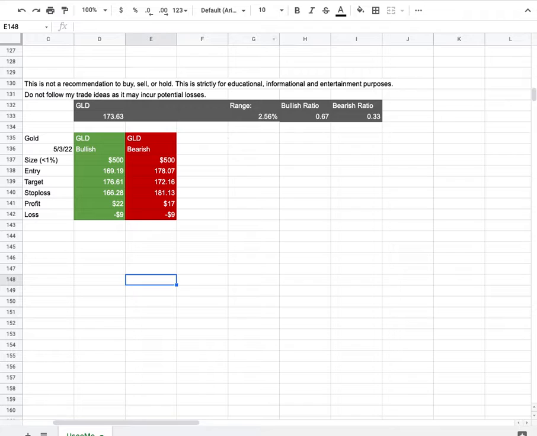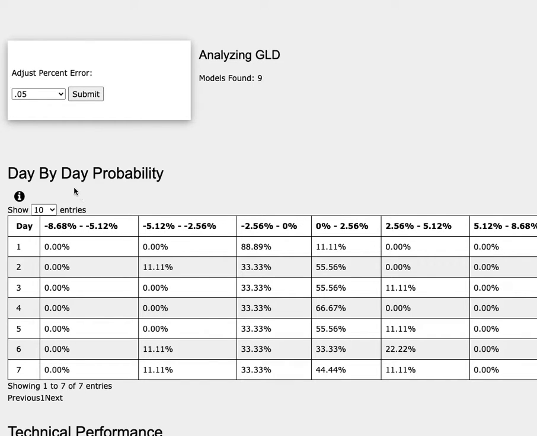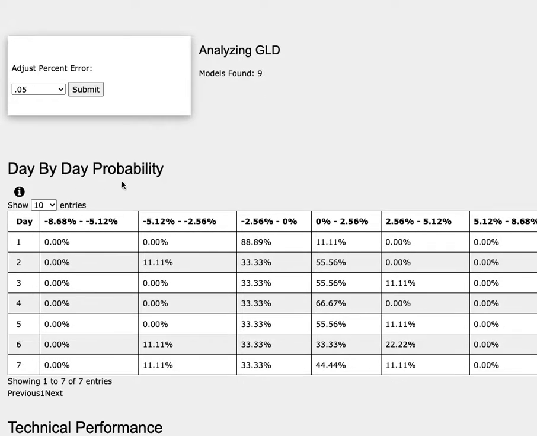So how did I develop these trade ideas? It comes from the day-by-day probability model. As we progress to the 5th day or week of trading, gold futures has a 56% chance to climb between 0 to 3%, 11% chance to climb between 3 to 5%, and to the downside a 33% chance to fall between 0 to negative